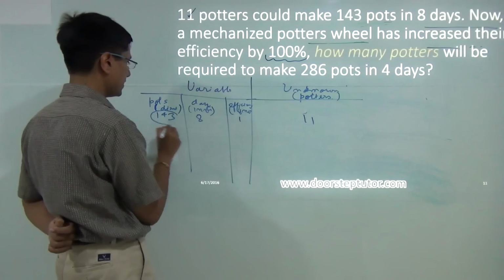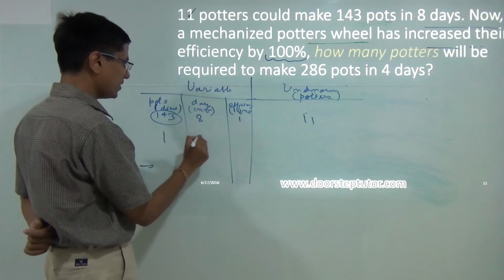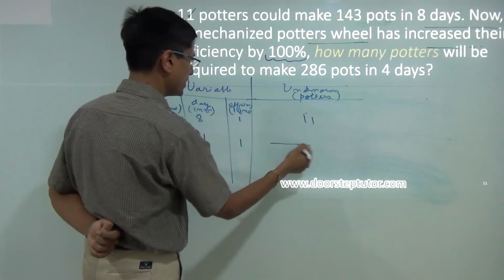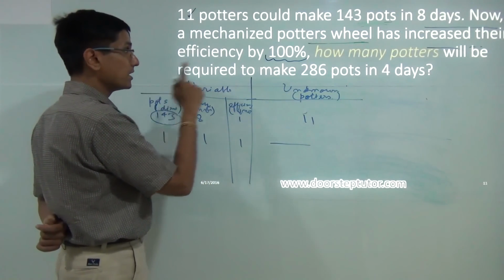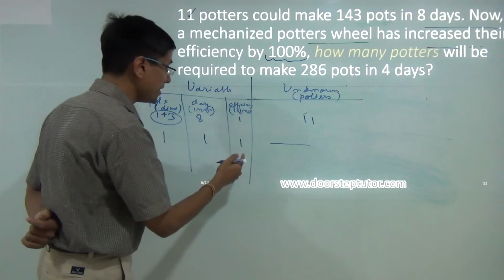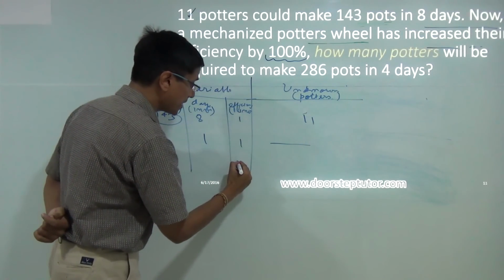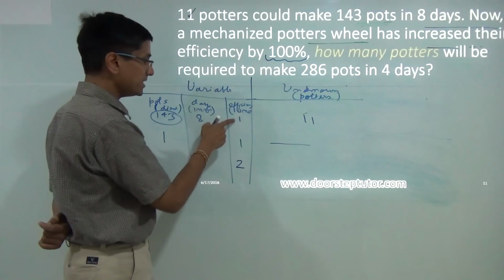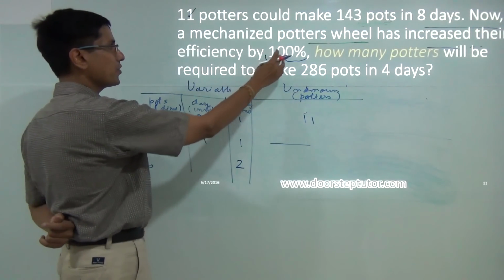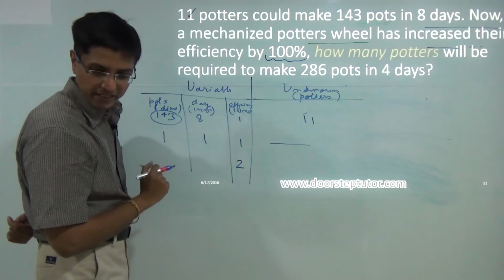So there is a direct here. Right? But the trick is in the third row. So this would become 1, 1, 1, and there would be something here. You can write the expression yourself. The trick is, if I increase the efficiency by 100%, what does it mean? It means that my efficiency from 1 now becomes 2. Right? And that is what we have to understand here. We have to understand the meaning of increasing something by 100%. So that is the trick here.